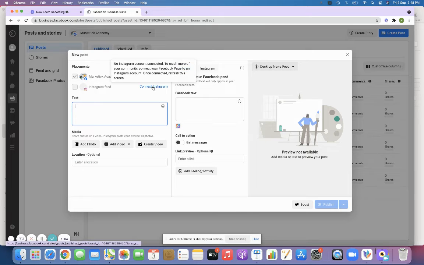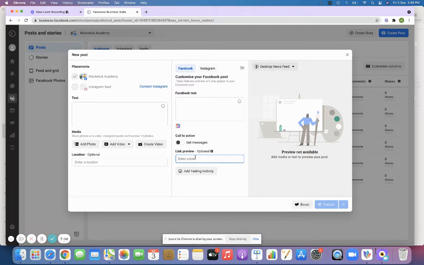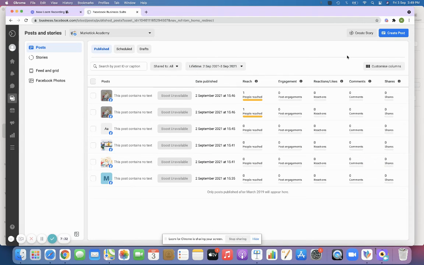I am not connected, so it is showing a little bit blur. I just type whatever text I want, and I can add the photo and whatever link I wanted to redirect the people to. When I click publish, it will automatically go into my Instagram and Facebook page. So this is how you do a direct post from your Facebook business account, right?